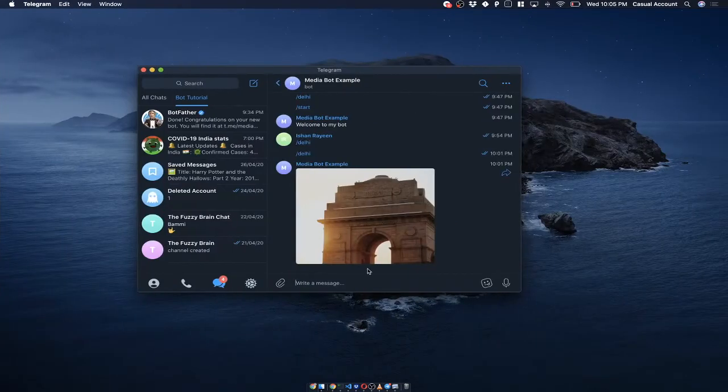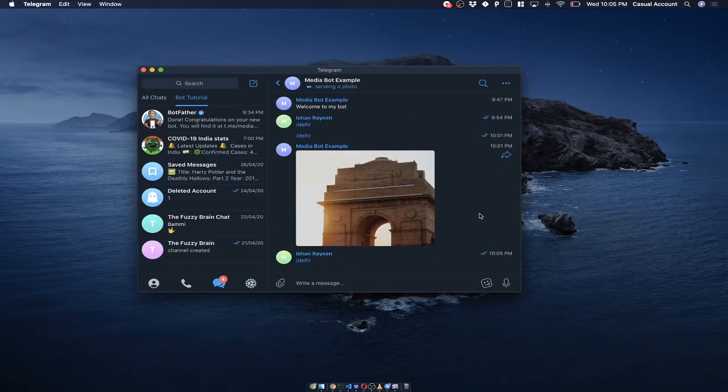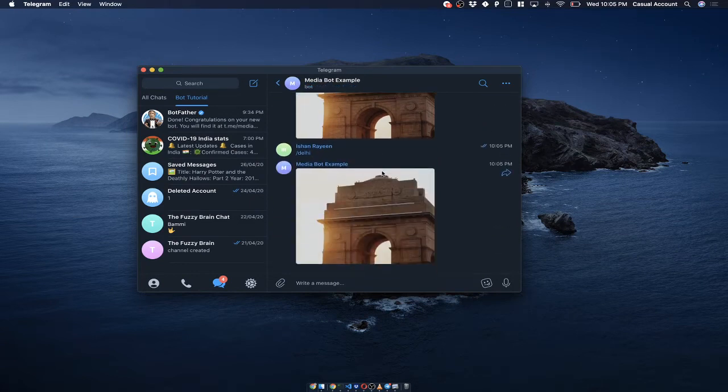Going back to Telegram, I'll rerun the command and you can see over here it's showing sending a photo. And as soon as the photo arrives, that message got automatically removed. Correct. So now this is a better user experience. User will be waiting and he knows that something is happening in the background and not like the app has crashed or something like, or the bot has crashed or something.